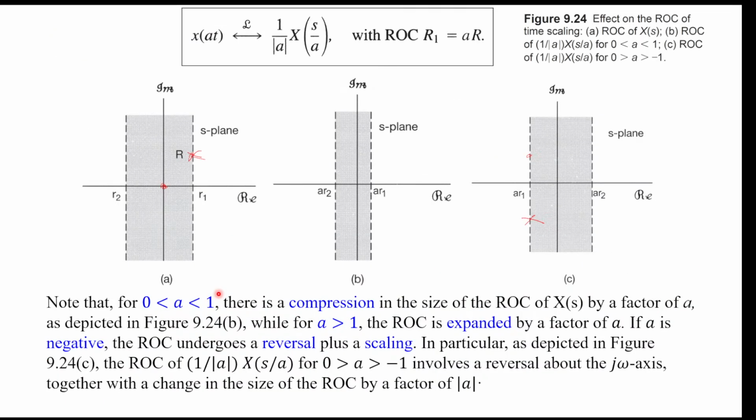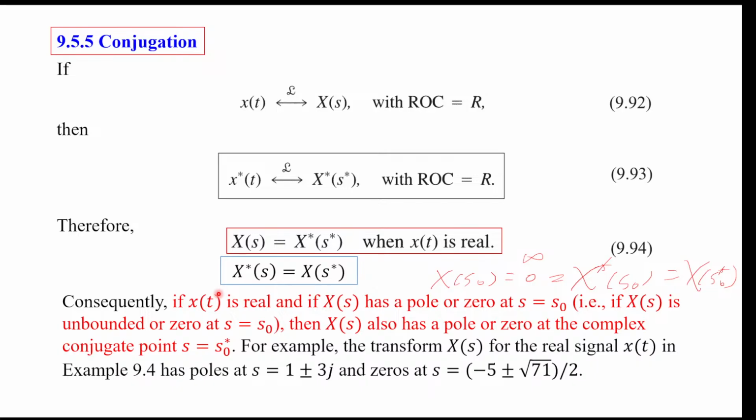And so that's time scaling. And the next property is conjugation. Once again, we want to look at the poles and zeros. We can say something about poles and zeros. It's quite interesting. And anyway, the conjugation property itself is